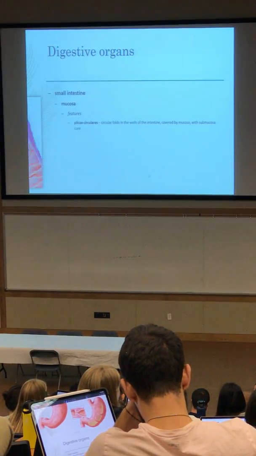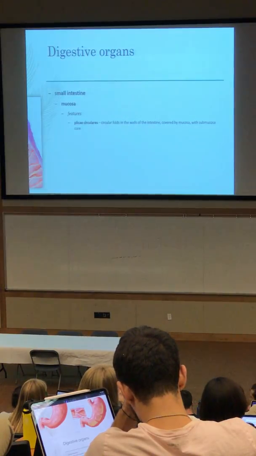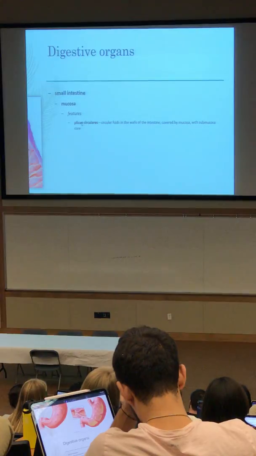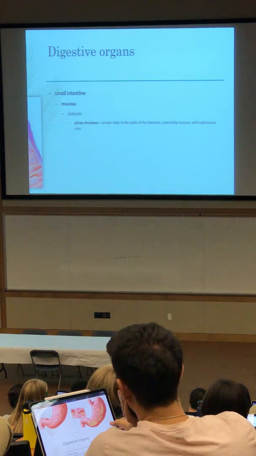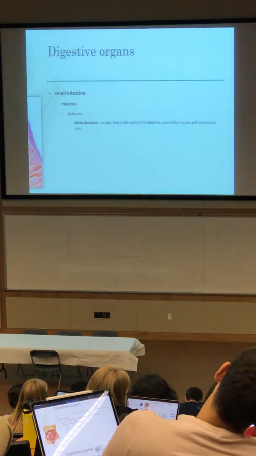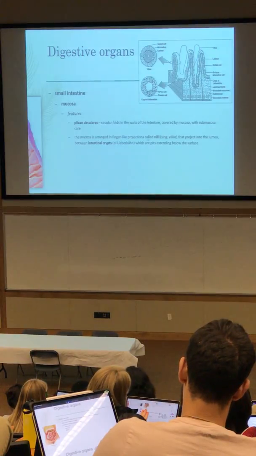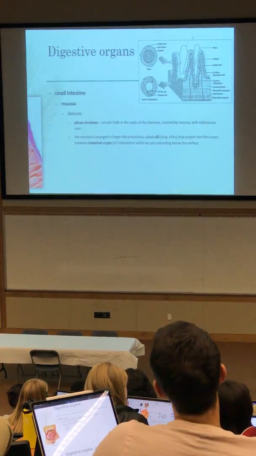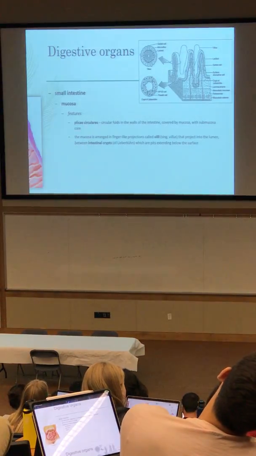So the mucosa has folds in it. This is an open view of the intestine. You can see these folds. The Latin word for fold is plica, and they're circular, so plica circularis just means circular folds. And so those increase the surface area of the walls of the small intestine. The mucosa is arranged in finger-like projections called villi. So if you look at this picture up here, you can see these little projections. Each one is called a